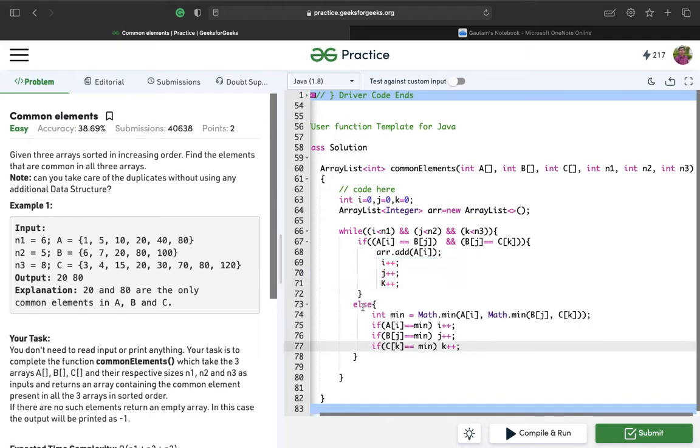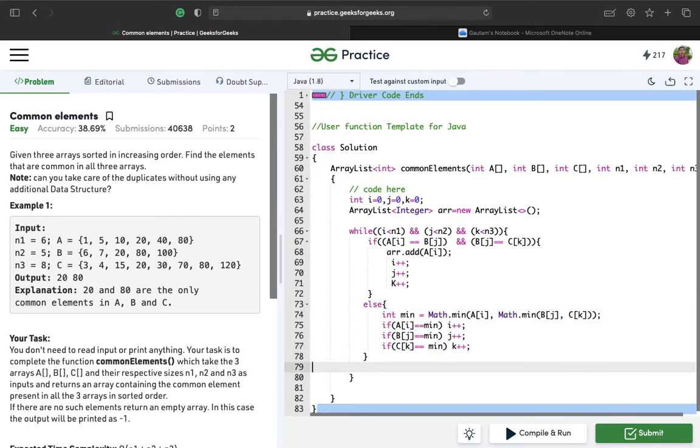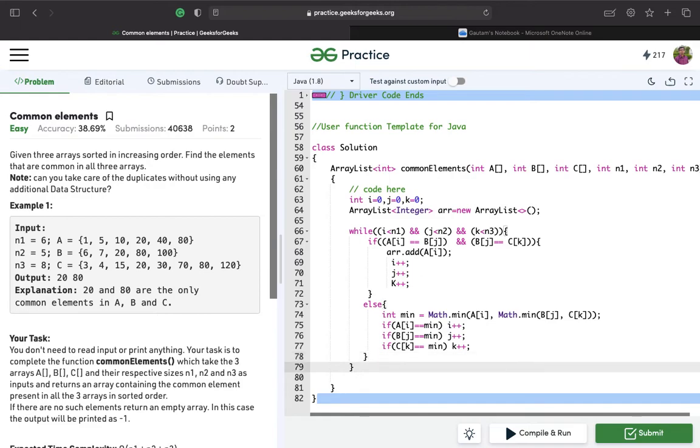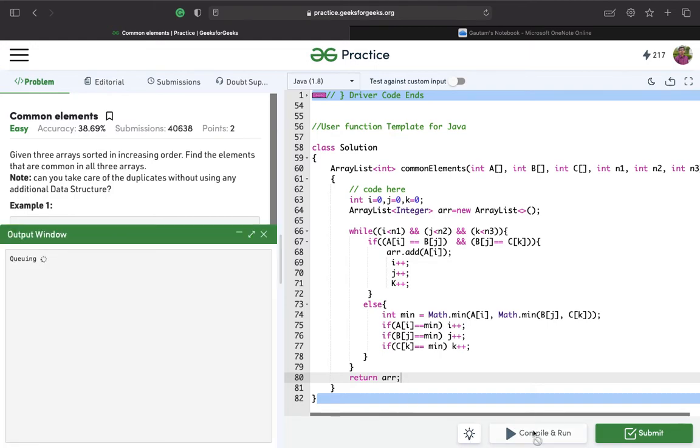So now I think it will work. Return arr, right? So let's compile it.